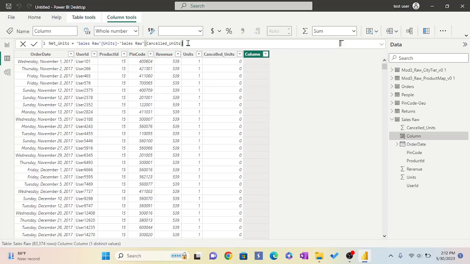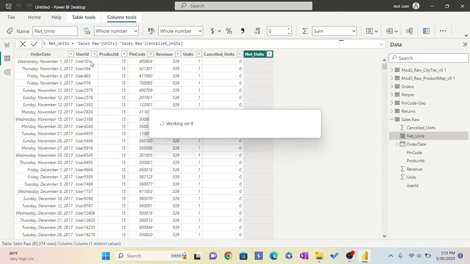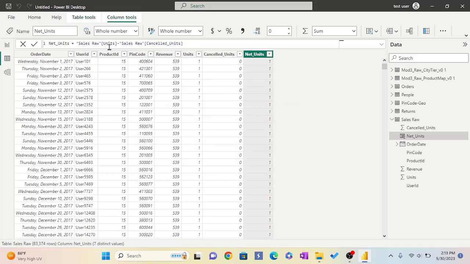So this is the formula. This is the DAX function. Sales raw is the name of the table and units is the name of the column. So units minus cancelled units will give you net units. This is the formula. So now next,